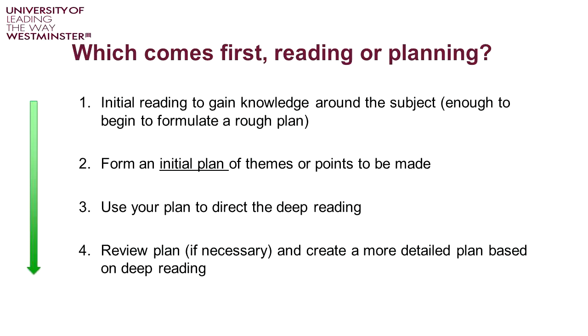So a lot of students ask, do I need to make a plan first, or should I just start reading? And something that I think is quite important is to understand that actually you do need to do initial reading first, preliminary reading, superficial reading, in order to gain knowledge around the particular subject that you're writing about. If you have really good background knowledge already, you can possibly jump into making a plan. But if you don't, you will need to do initial reading first, just to get some really good background understanding